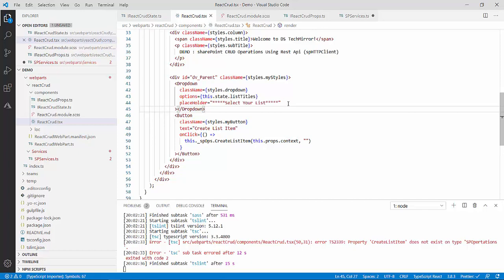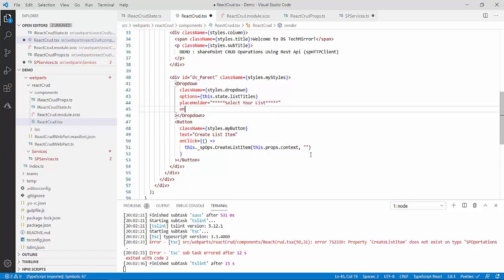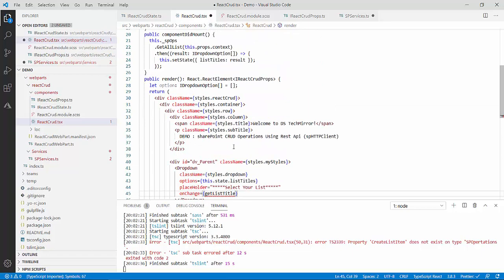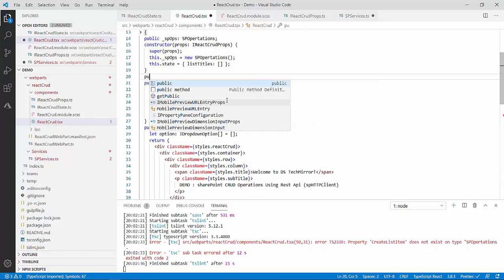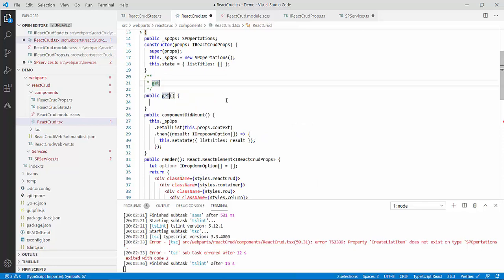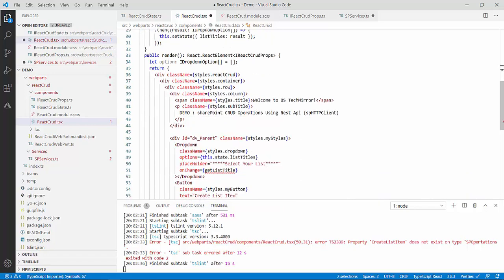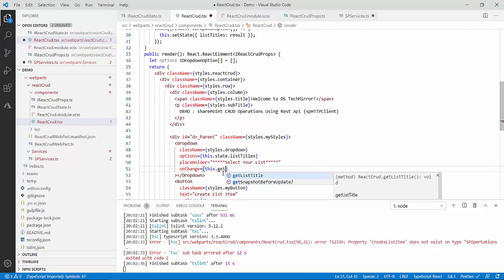I want that functionality. So on change, I will write a method over here, let's say get list title, and I will write that method over here only because we need it. So above component mount, I'll say public method name is get list title. So this is my method name, and over here I will pass this dot get list title.